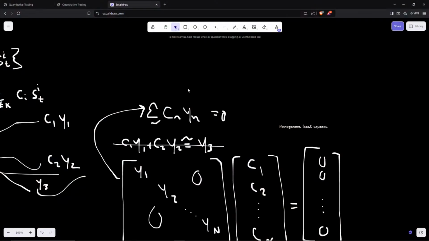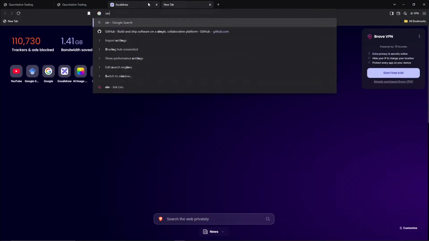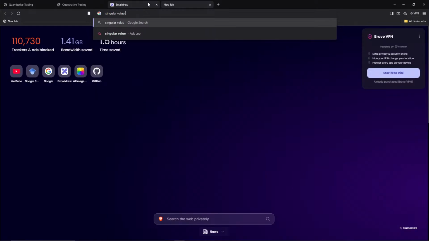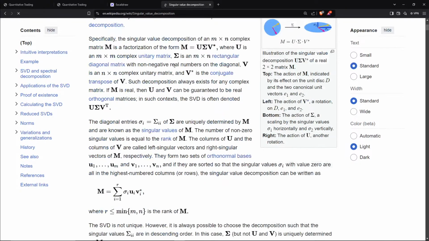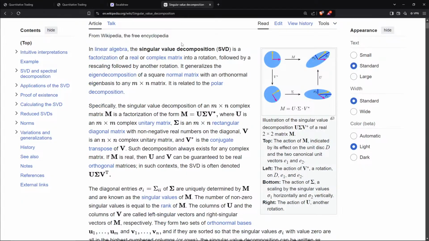So if you don't know what SVD is, let's do decomposition. This is what SVD is. It's basically a matrix factorization method. So the singular value decomposition